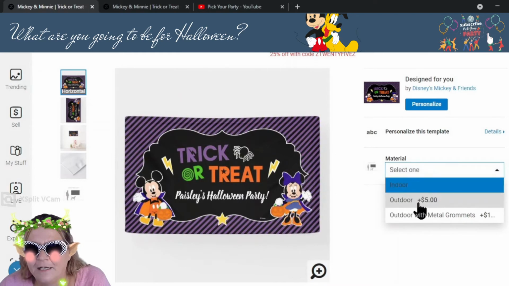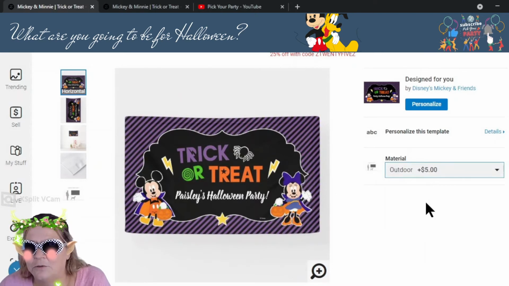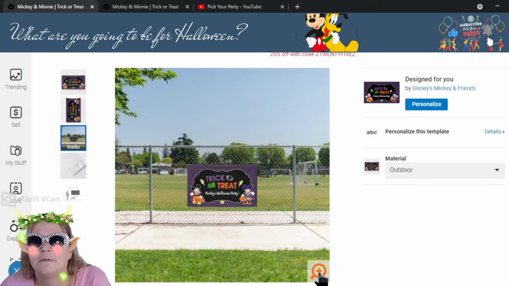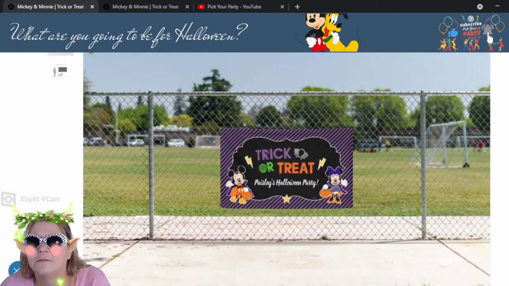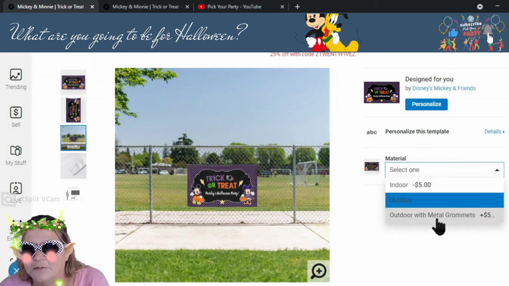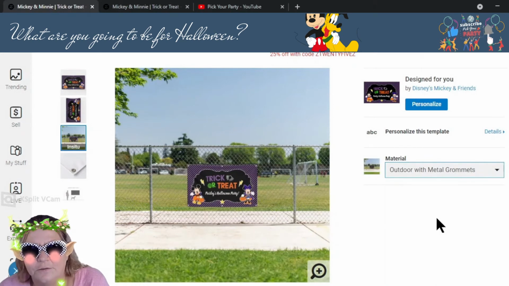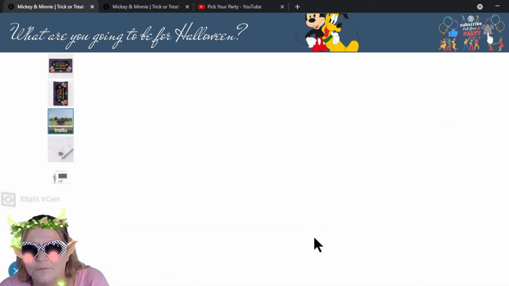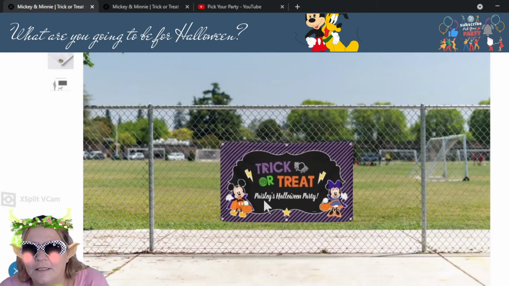a magical banner. Now there is an outdoor version, and there's also, here you can see it on a fence. Just so much fun. This is the one I like, outdoor with metal grommets. I do like this version. It does cost just a little bit more, but it has the grommets for you to tie it up in case you're doing an outdoor event or